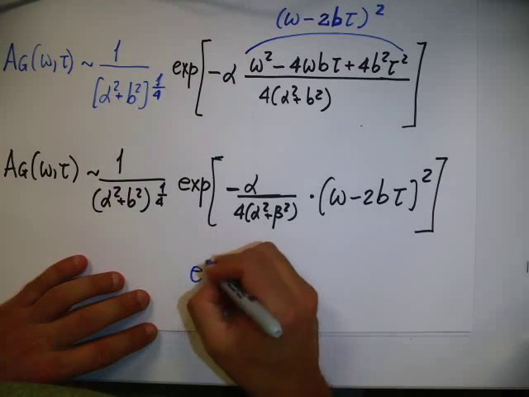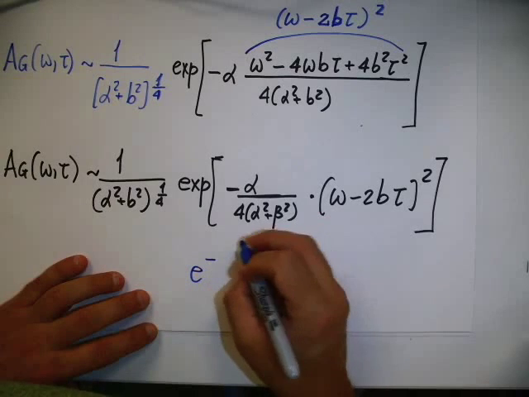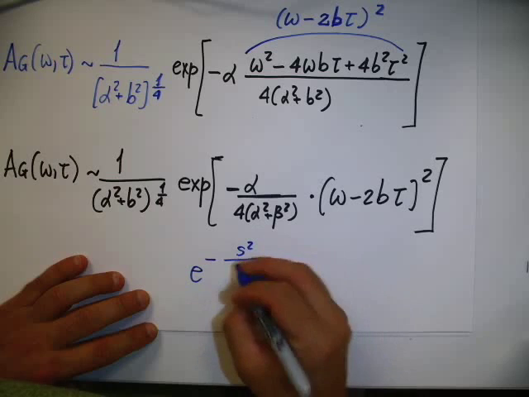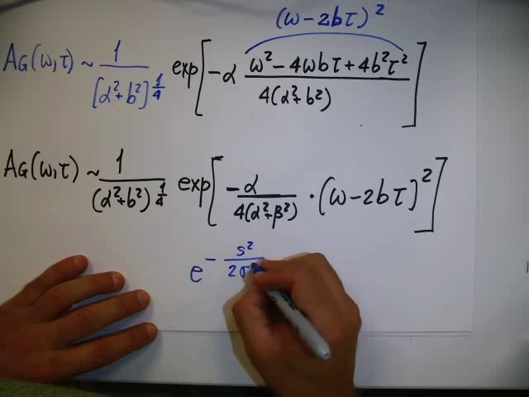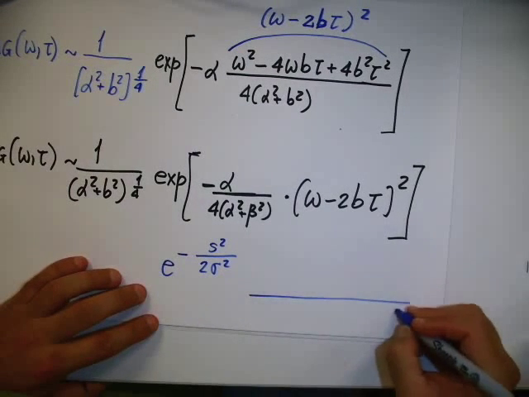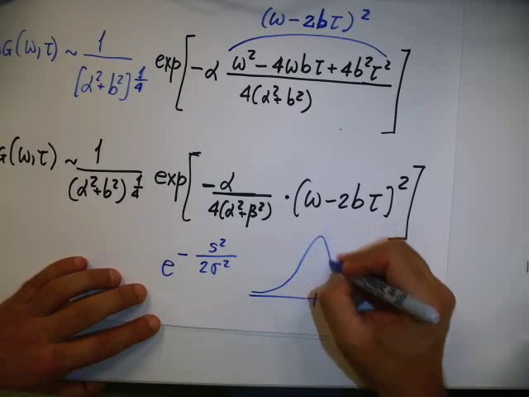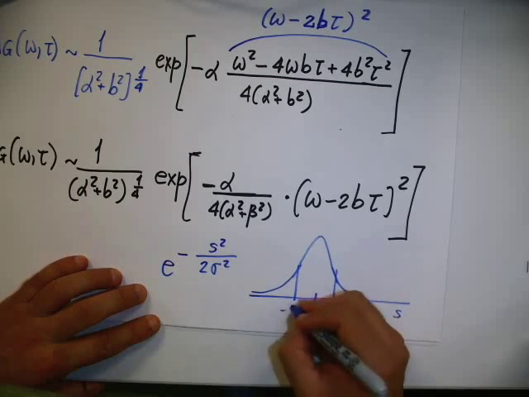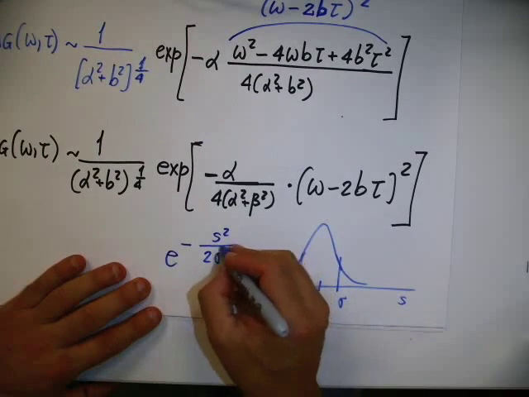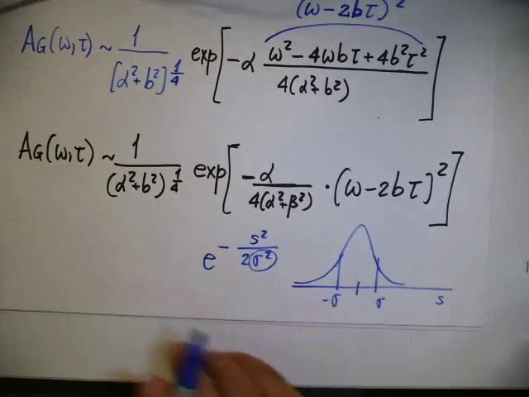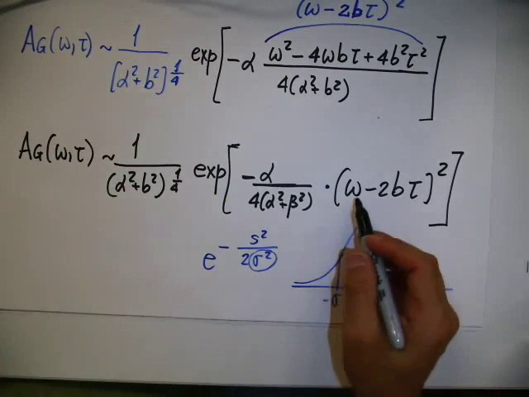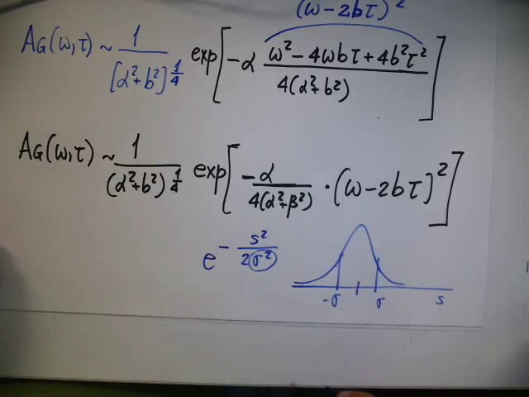Remember, the Gaussian is going to be something like e to the minus s squared divided by 2 sigma squared, if I plot it in the s domain. And the standard deviation is basically given by this quantity here. So in our case, as a function of omega,